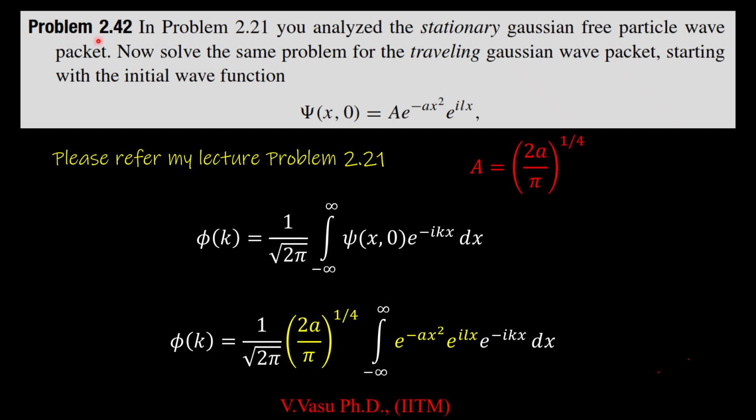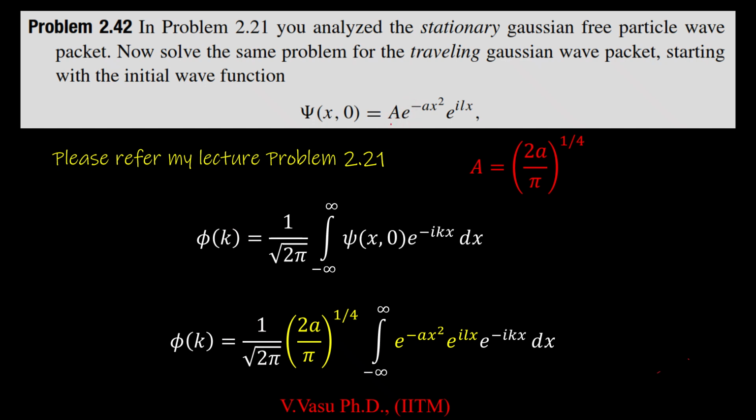Today we are going to solve problem 2.42 of Griffiths, third edition, Introduction to Quantum Mechanics, in a very simple manner. In problem 2.21, you analyzed the stationary Gaussian free particle wave packets. Now solve the same problem for a traveling Gaussian wave packet, starting with the initial wave function psi of x and 0 is equal to A e power minus